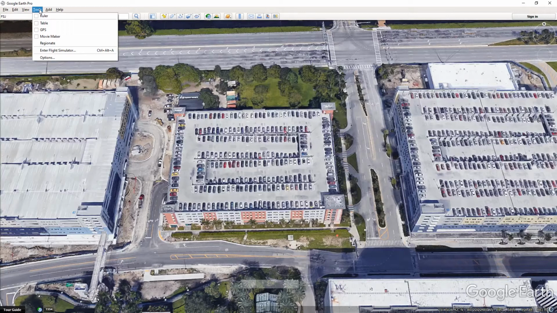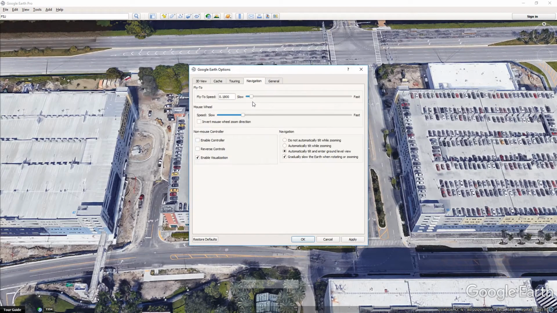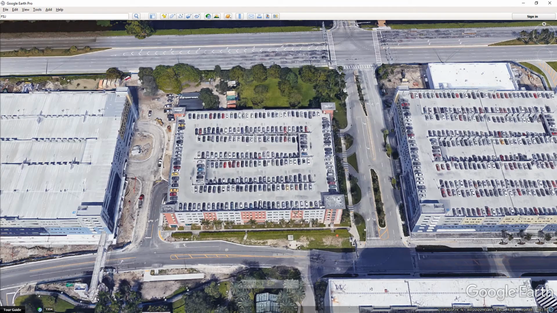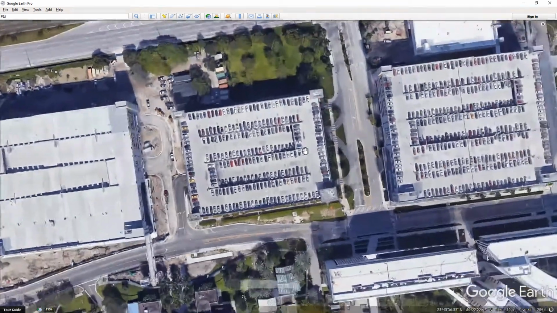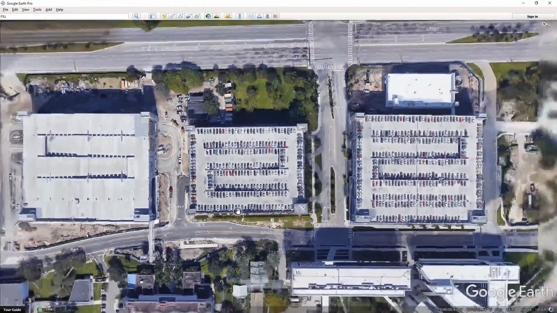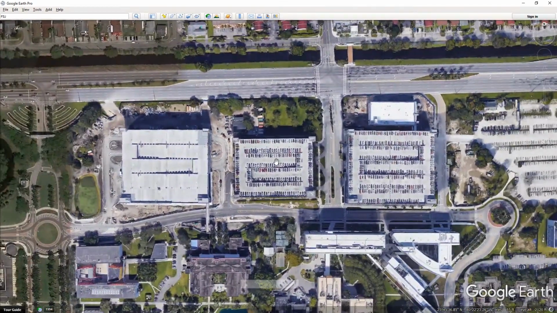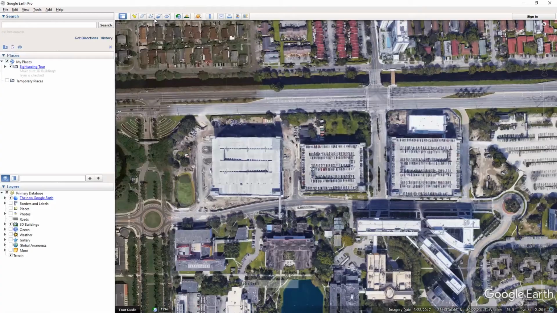So if I remember properly, it's Tools, Options, Navigation, "Do not automatically tilt while zooming." I think that's it. Okay, so there you go. And I'm just going to north that, and then there you go. That's sort of the view I want. Whether you want this sort of real terrain view, or if you want to take that out, then you